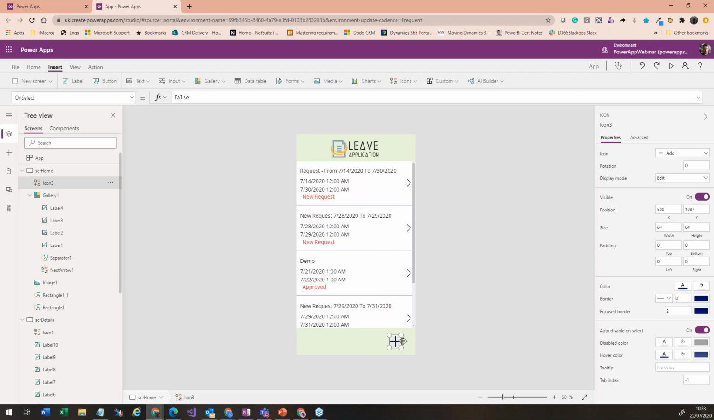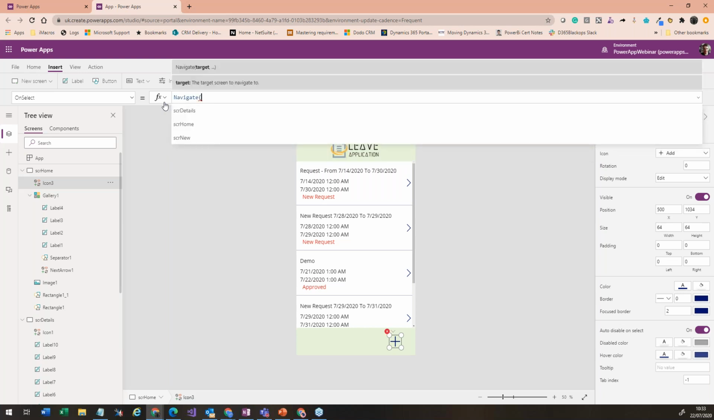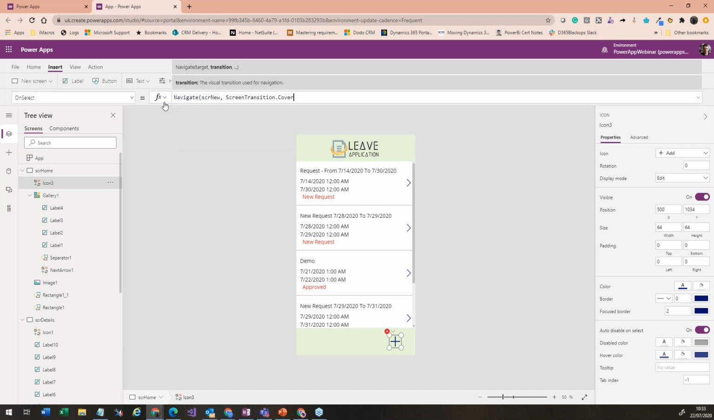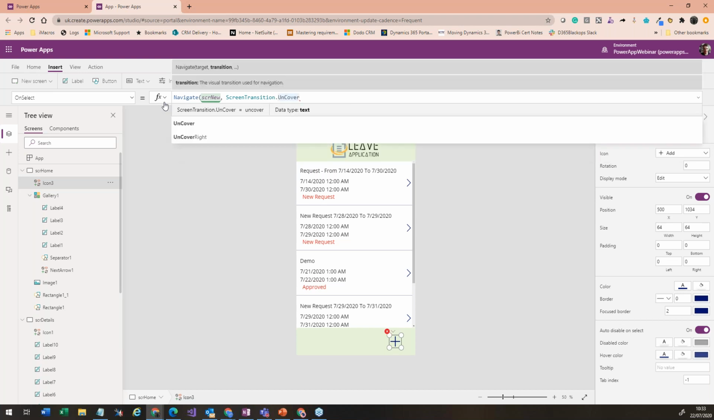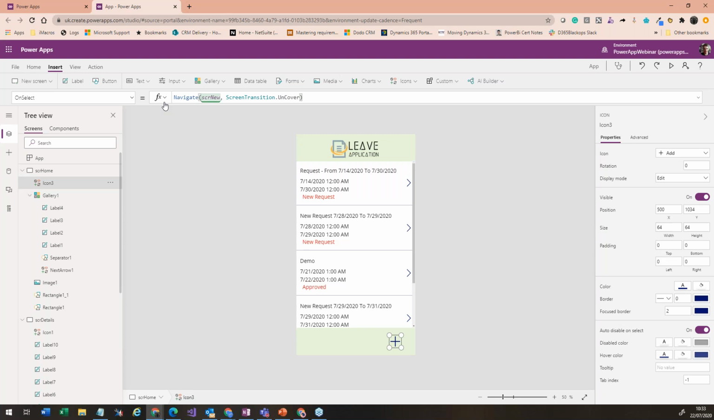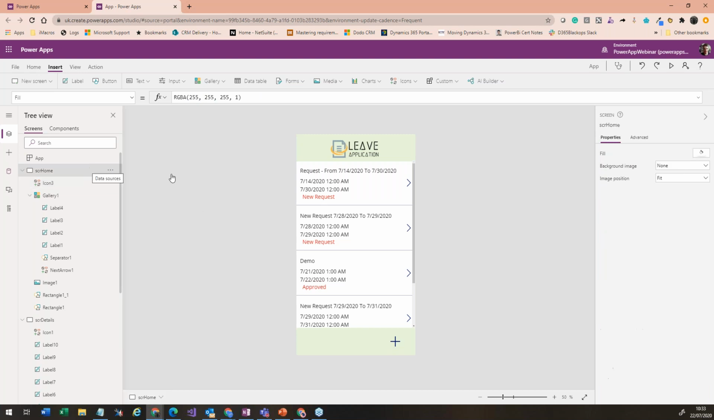So essentially, on select of this add icon, I want to move to my new request screen. So again, I'm just going to put in a navigate to my new screen with a transition of uncover. I'm keeping the screen transitions the same because I want the look and feel to be exactly the same throughout the application. So at this point, if I run the application,